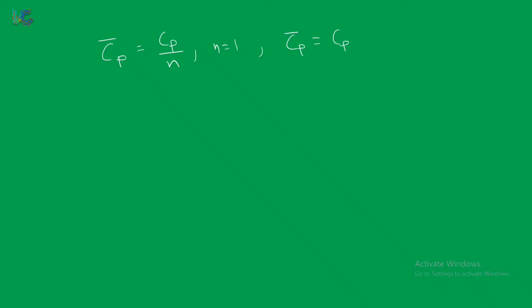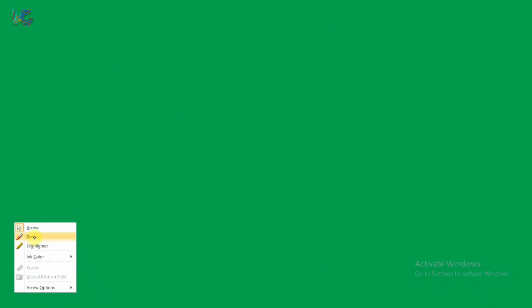Okay, this part is done. So now what we will do, we will again use the fundamental relation, and then we will use both the thermodynamic equations of state, the first thermodynamic equation of state and the second thermodynamic equation of state, and we will derive some more relations between heat capacities. Now you know this is a fundamental equation: Cp minus Cv is equal to T del P del T at constant V into del V del T at constant P.